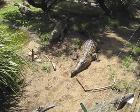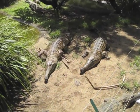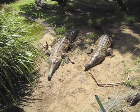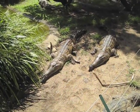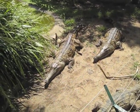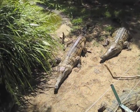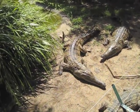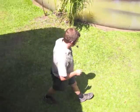Now we'll go and visit our saltwater crocodiles in a second and go and check those ones out. And you'll notice straight away the size difference that I'm referring to, if you're not aware of it already. Saltwater crocodiles are regarded as being the largest, if not the largest, species of crocodilian anywhere in the world. So what we'll do is go and check those guys out. Today we're going to go over and feed Sultan first off. So if you guys want to head over in that direction, here's one of our largest crocodiles